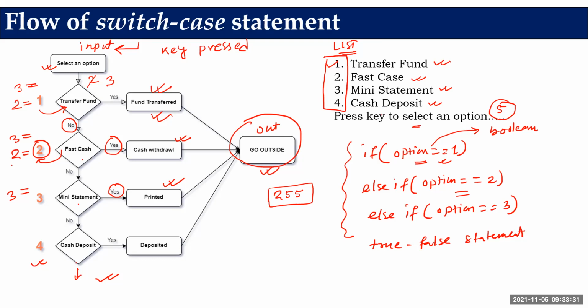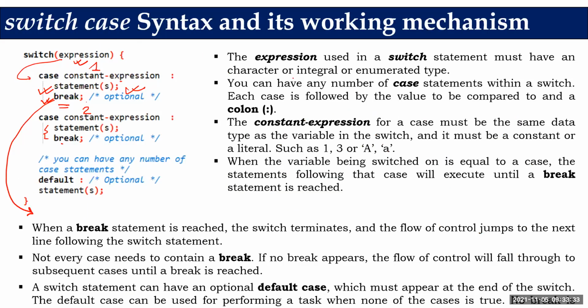So in switch case, we also need a technique which can handle an input, in the form of an expression, for which there is no valid case. Okay, so now see what the default case is saying here. A switch statement can have an optional default case. Optional default case means this is not always required. It is optional, not always required. Such as for the example of our ATM.